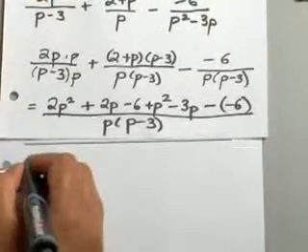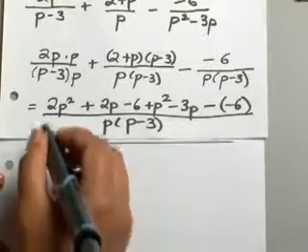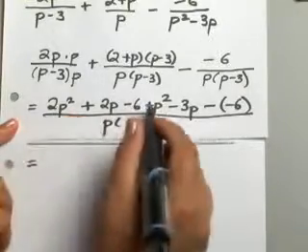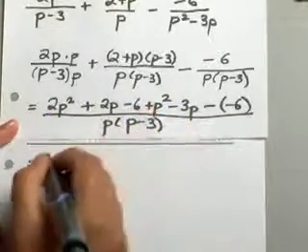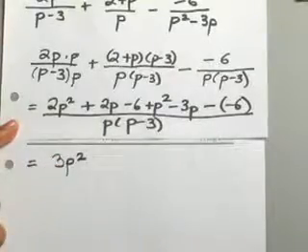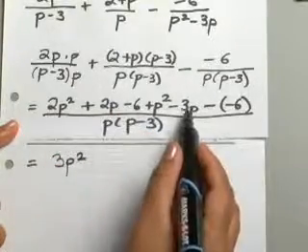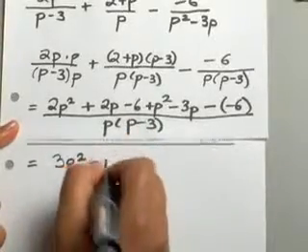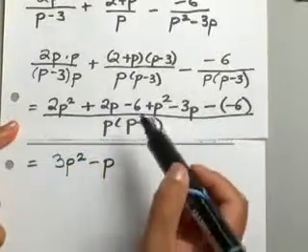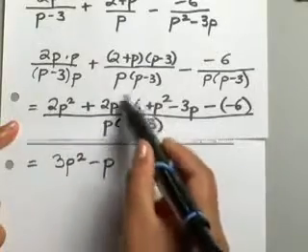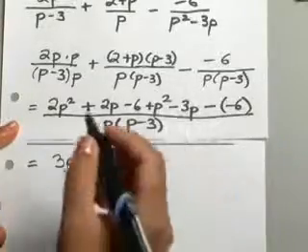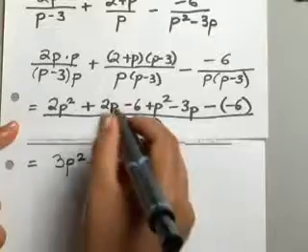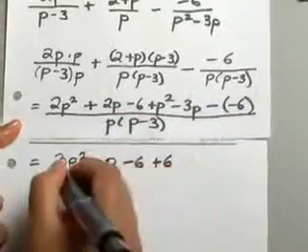Now, let's go ahead and simplify our numerator and see what we come up with. So you have 2p squared plus p squared. So you can go ahead and combine these like terms. So 2 plus 1 will give you 3p squared. You have 2p, negative 3p. So those will combine to give you a negative p. And then let's see. We took care of these. Now you have negative 6. And remember, negative and negative will become positive. So maybe we'll go ahead and write it down like this. Negative 6, this guy becomes positive 6